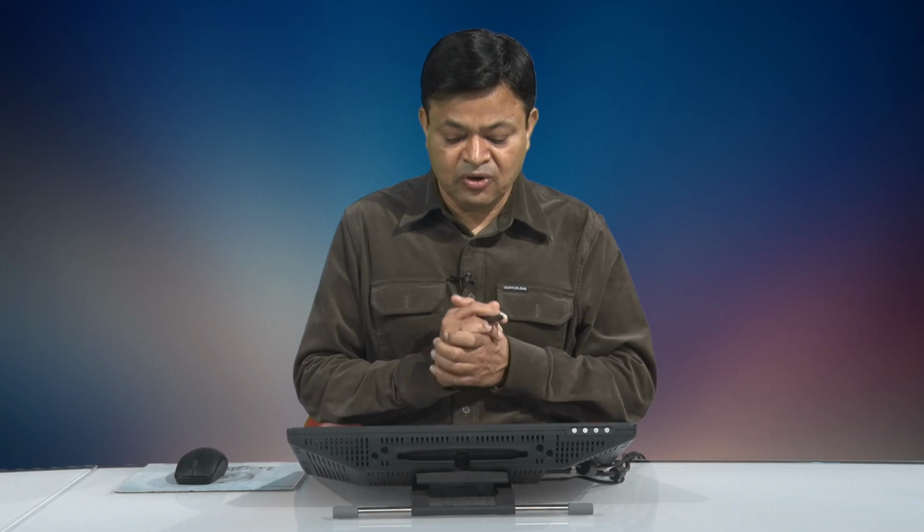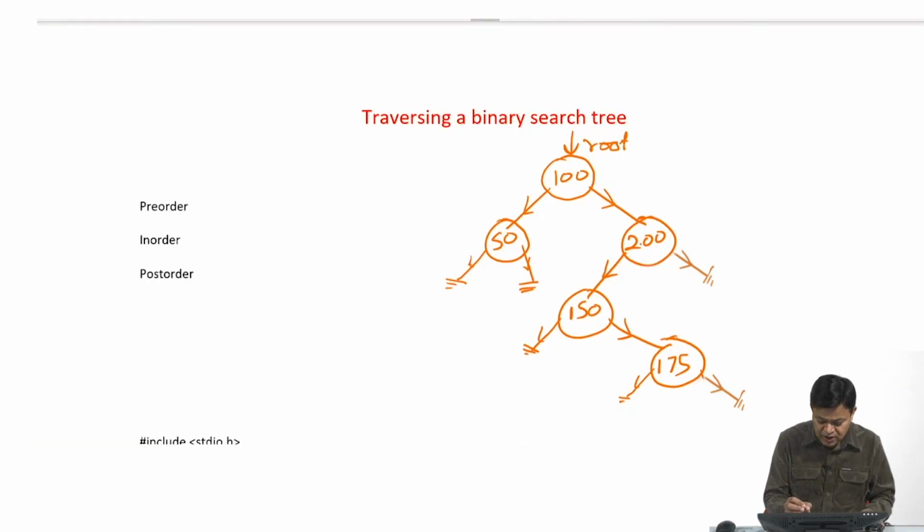In pre-order we start from the root, and first of all we process this node. Processing for us is just printing. So, we will be printing 100, then we go towards the left child. In the left child we do the same thing: we process it, printing 50, then we go towards left, which is null. Null becomes a terminating condition.